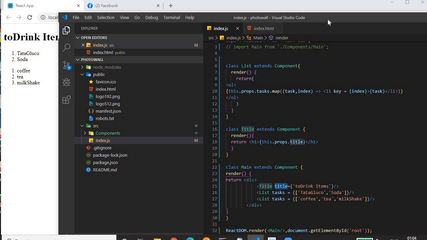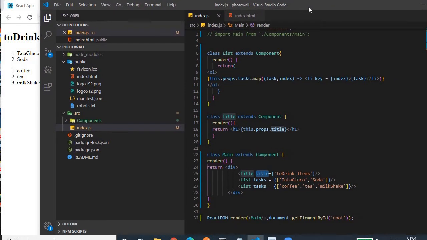So in this way we can provide the data dynamically to the component, and we can access those props by using the this.props property, and that should be in curly braces. Up to this point we have seen how we can create an element, and how we can render that element by using React.createElement.